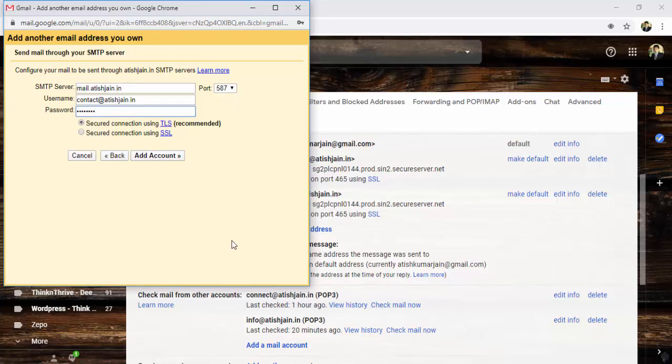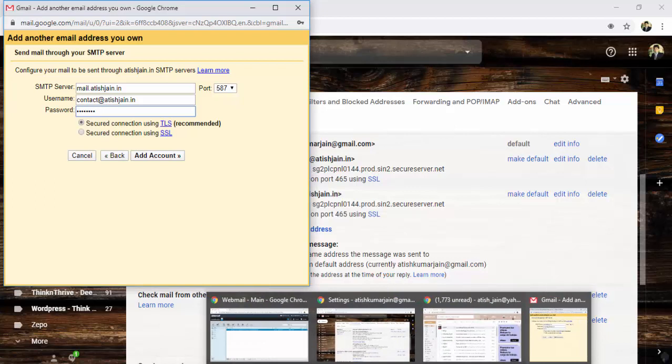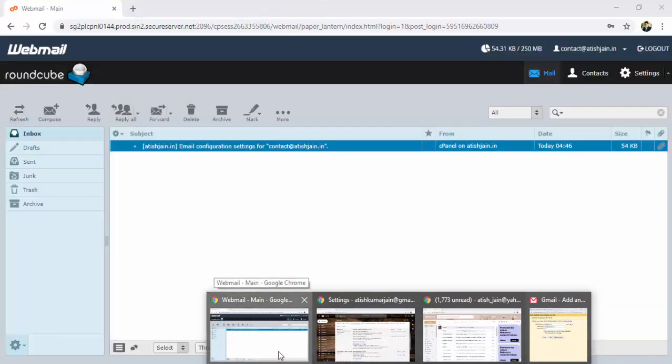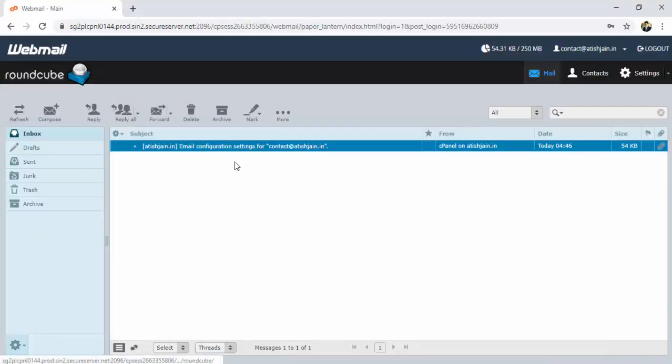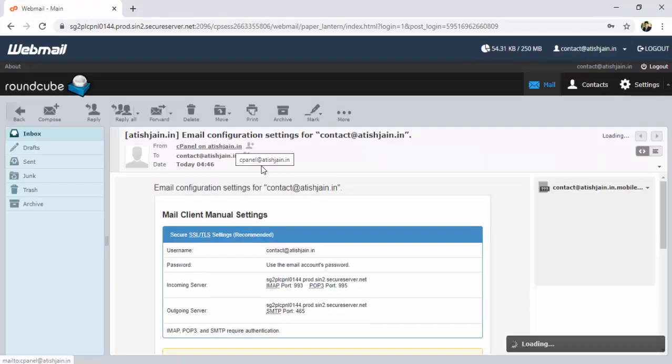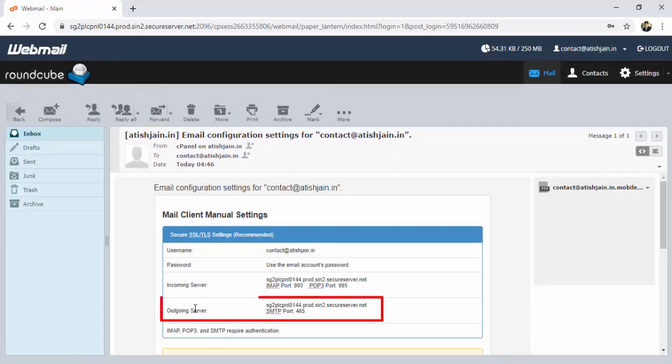And here you have to give the SMTP server. Now when you created your business email, you got one mail, isn't it? Go to your webmail account and click on this mail, and here you will see the SMTP outgoing server.